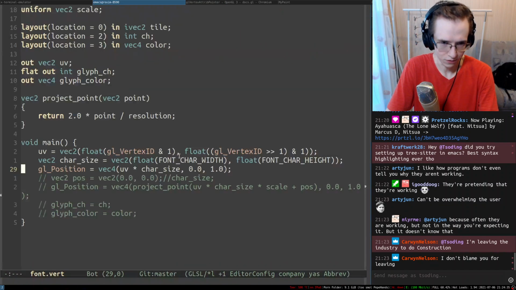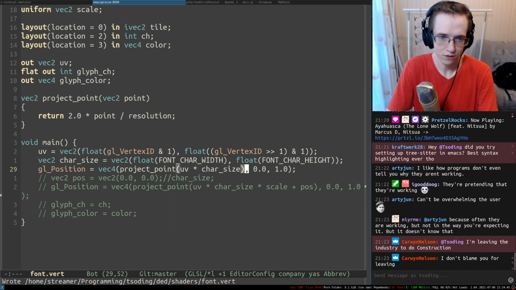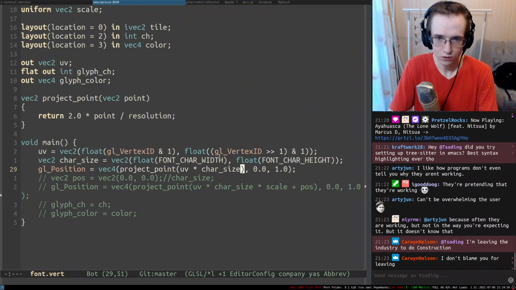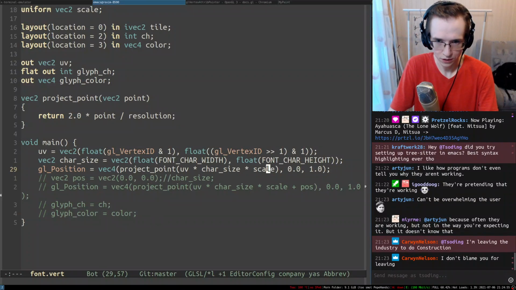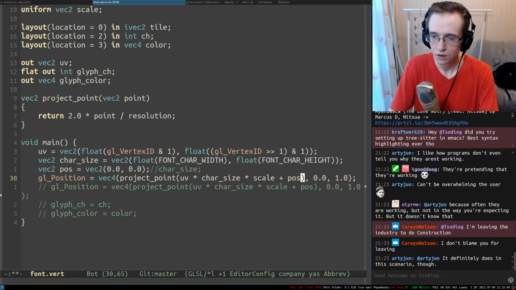Didn't really update anything, so maybe we have to do project point. And so that thing will become small. Yeah, here it is. Here is a small thingy. The next thing we can do, we can try to apply the scale, right? So here's the scale, and scale is perfectly applicable. And then we need to add the position. So here is the position,